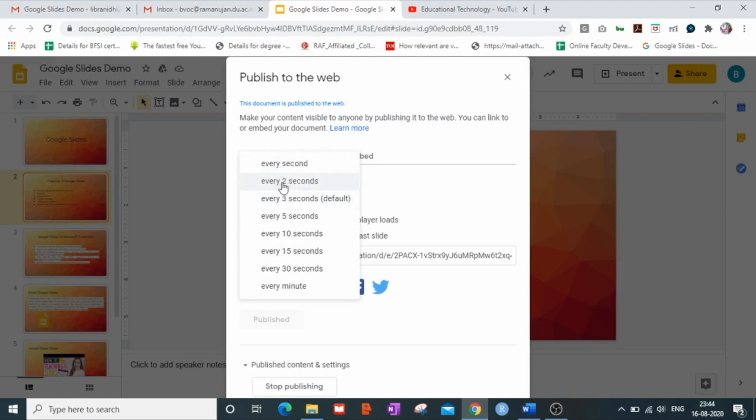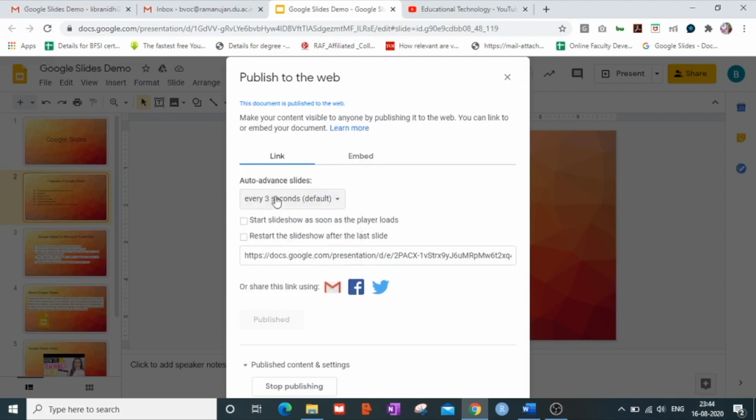Select this option from the checkbox. Suppose I want my slides to proceed at an interval of 3 seconds, which is also the default, and I also check both these boxes which state that once the slideshow gets over, the player loads automatically and restarts the slideshow after the last slide.